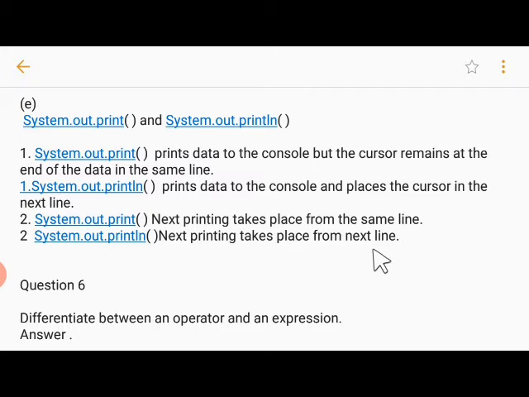One very important point I want to clarify, students. When you use println and you leave the parenthesis blank, nothing is written over there, it is fine, no problem. It will give the new line effect and that's it. But when you write System.out.print and leave it empty, it shows the error, because the print function can't be left empty. So please take care of this thing. Println can be empty, but print must have something written in the double quotes or some variable within the parenthesis.